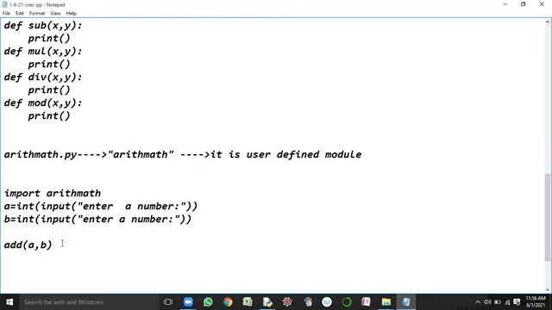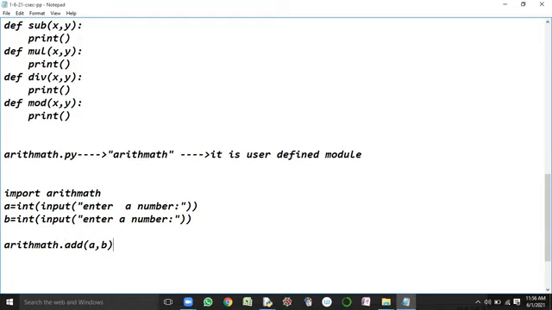Reason: because the add functionality is not defined inside the current program. It is available in arithmath. So to call the add function available within arithmath, first of all we have to specify the module name. The module name is arithmath. So arithmath dot add of a, b.